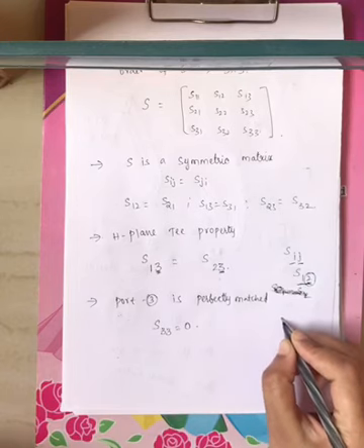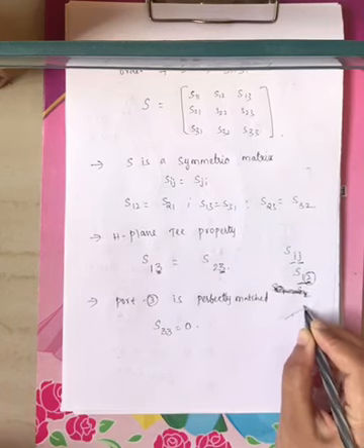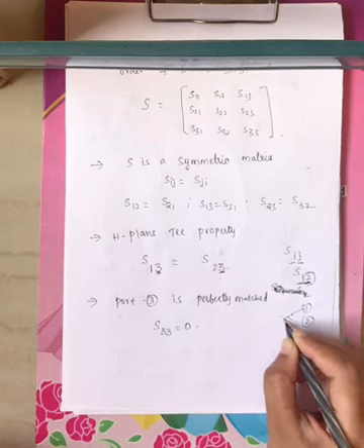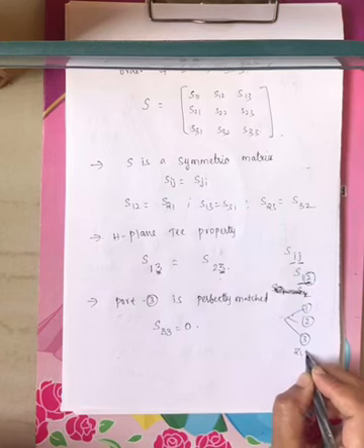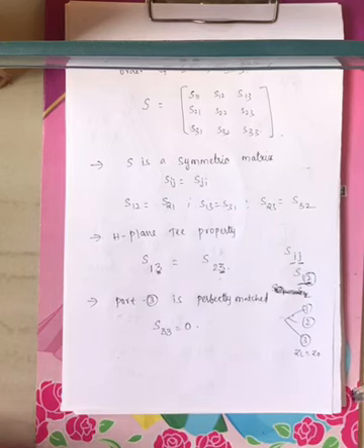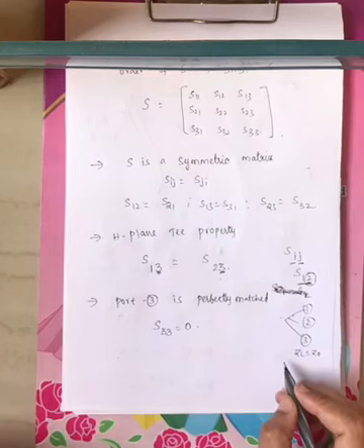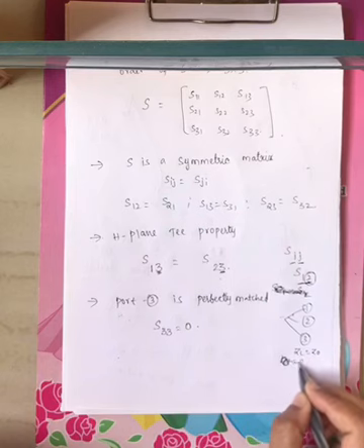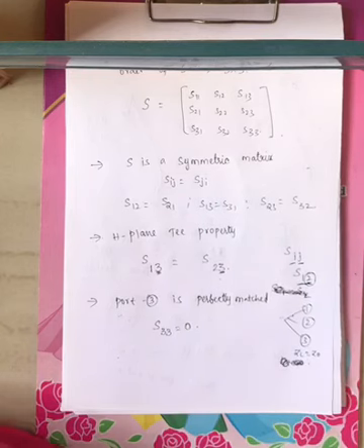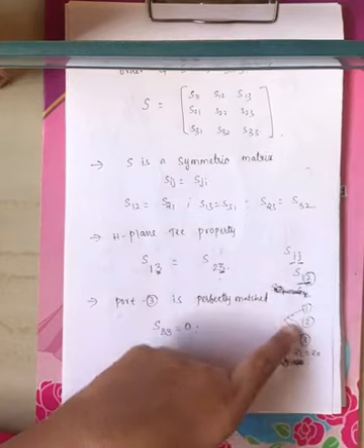Now consider this is port 1, this is port 2 and this is port 3. For port 3, ZL equals Z0, load impedance equals source impedance. When load impedance equals source impedance, you won't get any reflected power. That means B3 will be 0. For this particular case you won't get any reflected power, right? See, consider port 1, port 2 and port 3.